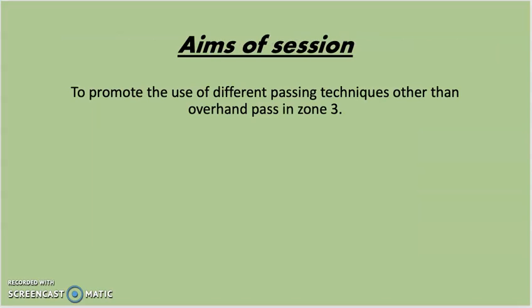For my session, I will use the task constraints from the constraints-led approach, as I will be playing a usual even-sided teams game of N-ball with the scoring system as 4 goals for a goal scored by an underhand pass, 3 goals for a goal scored by a bounce pass, 2 goals scored by a chest pass, and lastly 1 goal for overhand pass. This is to encourage the participants to use more effective pass techniques while not saying that